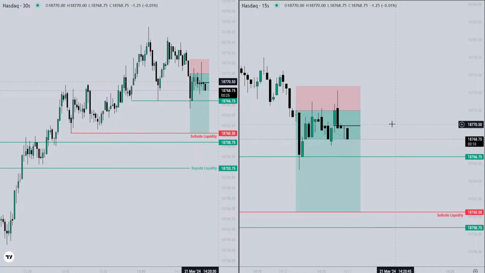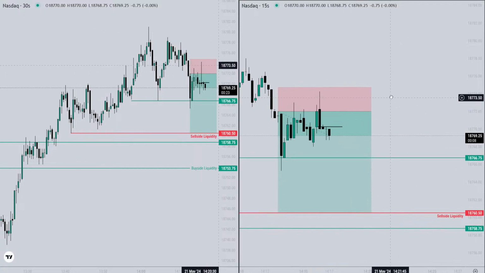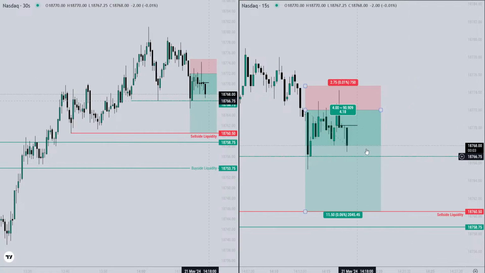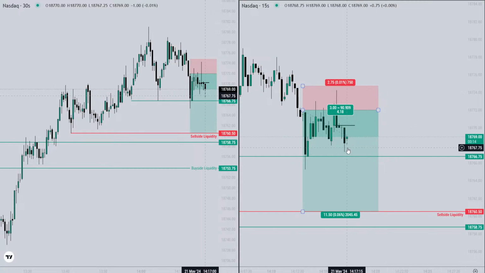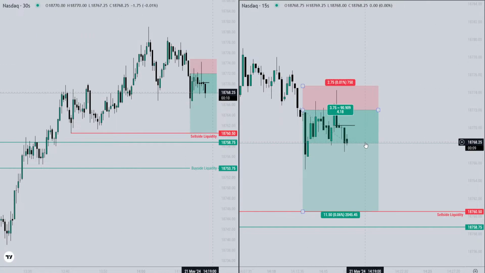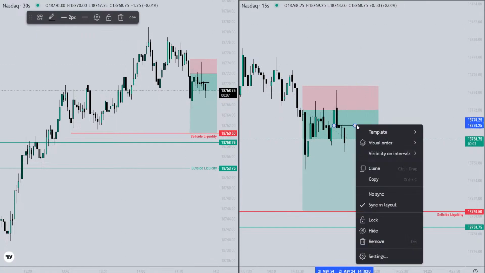It's not valid yet. I'm doing it because I have to wait until 2:30, so I'm doing this 30-second chart job. As you can see now, this is the order block.